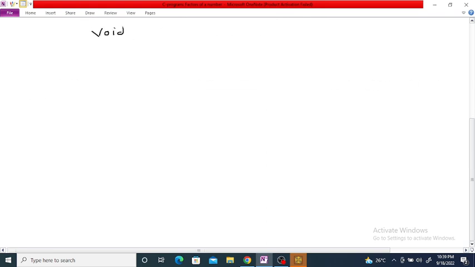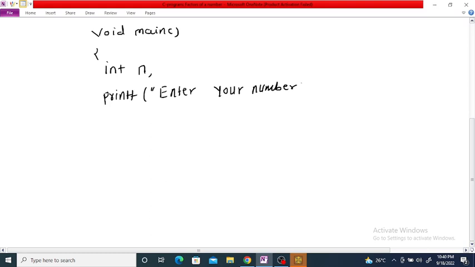So void main, then take an integer number, say n, the number whose factors we want to display. Then printf, "Enter your number", we are going to display this message. Then scanf, we want to enter this number. Since it is an integer, it is identified by %d, so scanf %d and n. Then we are going to display here printf,